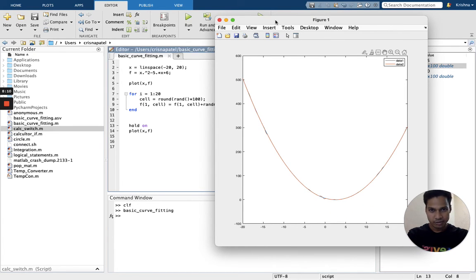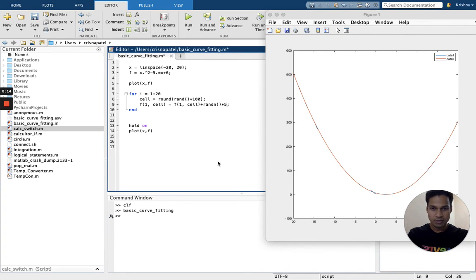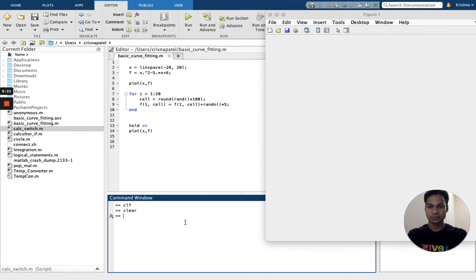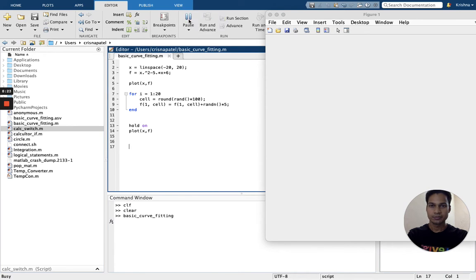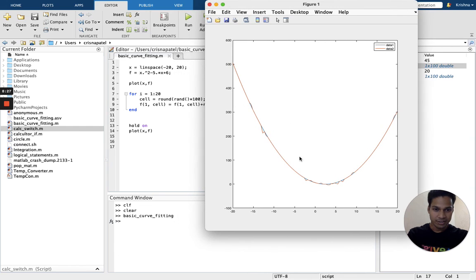Maybe I can increase the change in data a little bit more by 5. CLF, CLC, and clear, and run. Okay, now we can see the large changes in data. So this is basically 20 data points changed by a small amount. And now what I'm going to do is